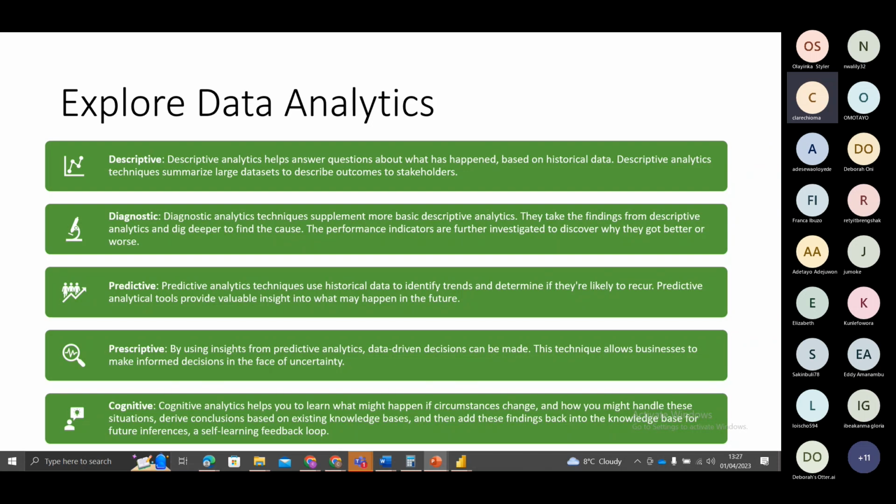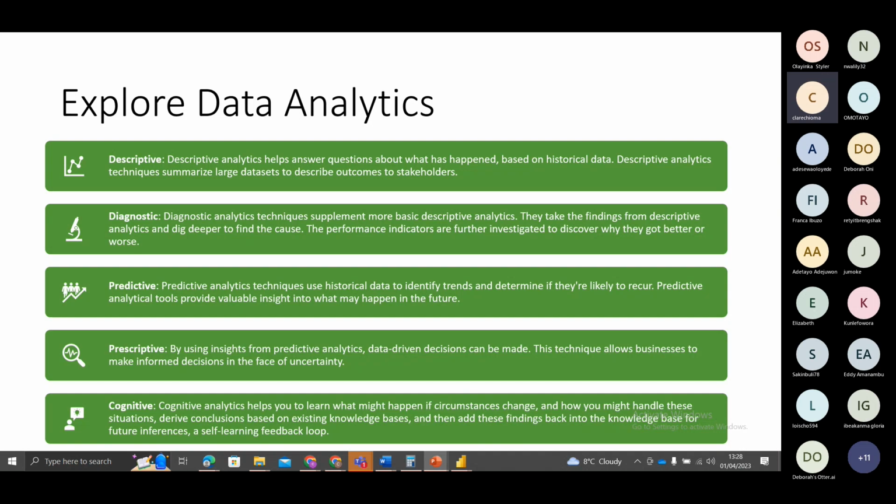Can we start looking at other things that we can do so that by the end of 2023, we don't just scale up by just say 10,000, we are looking at maybe 15 to 20,000, which is like almost how many percentage of increase from where we used to be. So prescription now helps us to start looking at all these paths to see, okay, what can we prescribe so that based on our past records and looking in the future, this is what we can do to help us get better. Now, when you talk about cognitive analytics